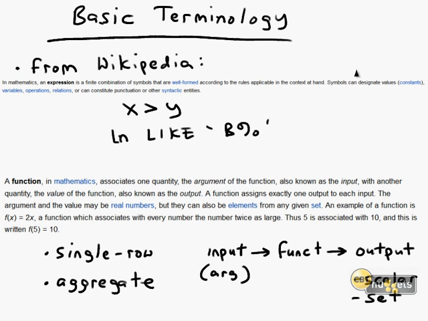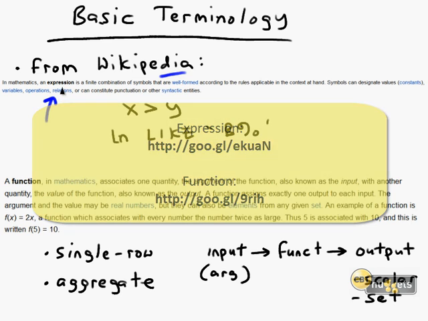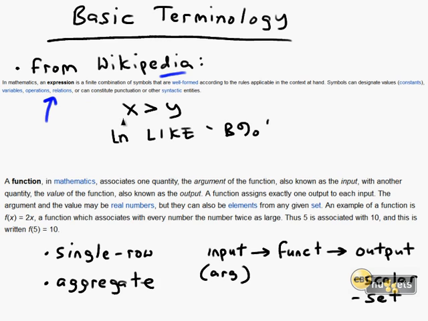Let's get to work. As always, we need to understand basic terminology before we can start to apply that terminology in Oracle Database 11g. First of all, I apologize for the small font that you see here. Both of these definitions were borrowed from Wikipedia. I'll give you the links so you can easily look them up if you want to. We need to understand the distinction between the terms expression and function. Both of these have their origins in mathematics, but we're going to adapt these definitions to our work as database